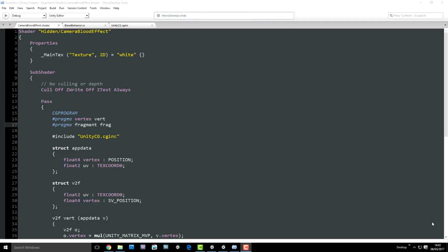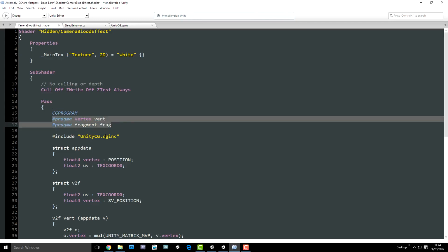We're going to drill down on the specifics in a moment, I promise. For now, we're just trying to get a general feel for how the shader is laid out and really just make ourselves feel comfortable that HLSL doesn't really look that much different from code that we would write in C# or C++. So underneath the Pragma directives, where we set the vertex and fragment shader functions for the compiler,